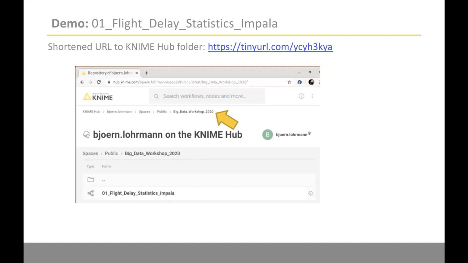It gives you a Hive JDBC connection, but also Spark and local file system access. With that, you can prototype workflows on small data sets and run them locally on your machine. And when you're happy with the result, you can swap it out for real cluster connectors, such as the Hive connector and, for example, the create Spark context Livy node, which we'll see later on as well.